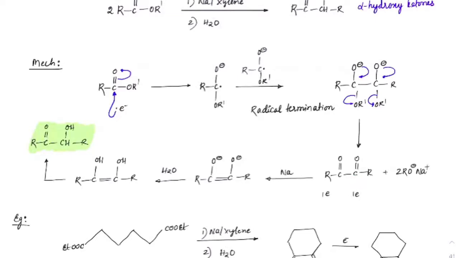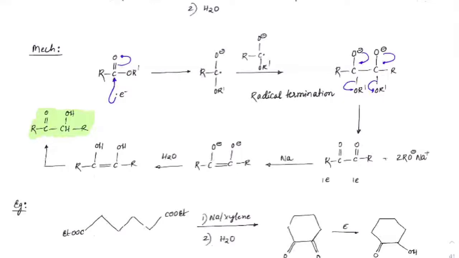Again, sodium will release electrons into the system. So one electron will move here, one electron will move here, right? And these electrons will rearrange towards oxygen. Again, there is a dot internally here, right? So there is one dot here, one dot here.